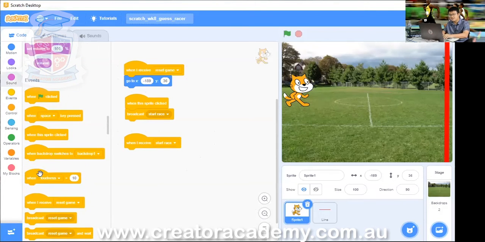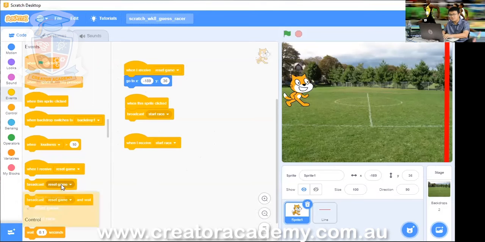So you go into events, and then you go broadcast reset game. That way, when I click on the cat, we also go back to the start position. Okay.